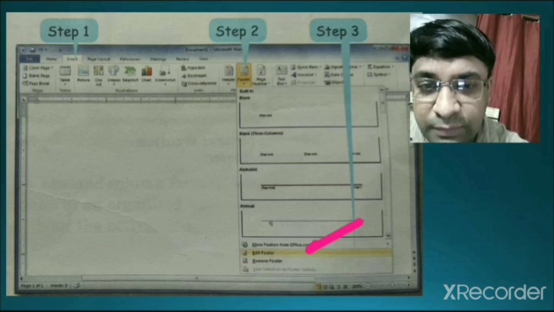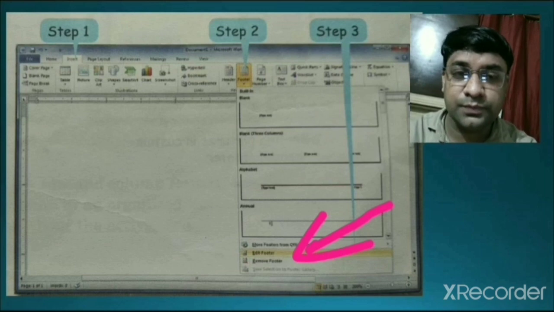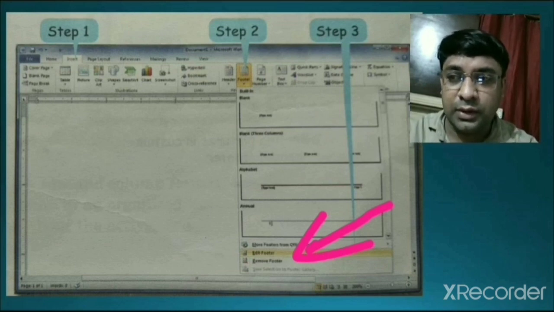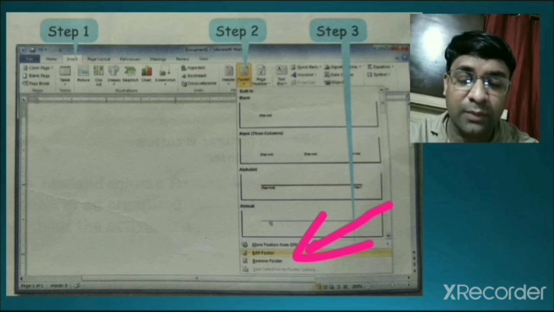In this example, we are taking Edit Footer. So click on the Edit Header or Footer option. The outline of the header or footer entry box appears at the top or the bottom of the page.